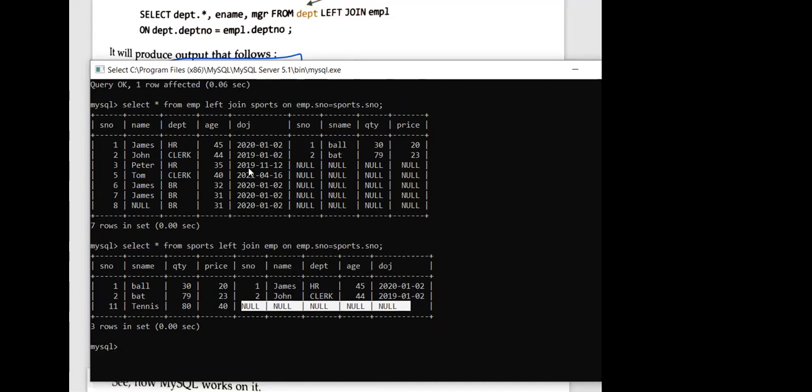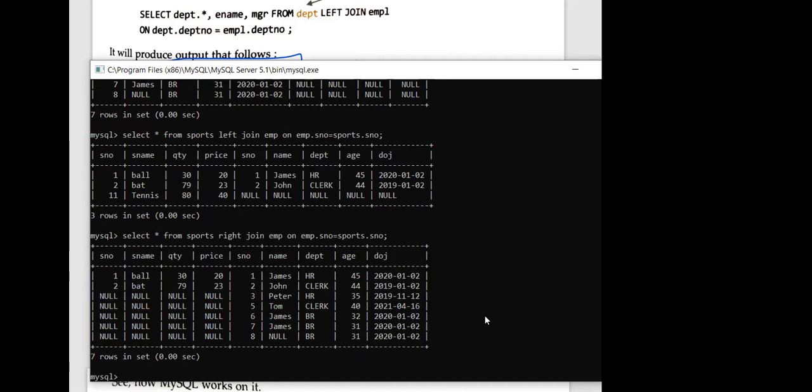Then vice versa of this we are having in the right join. Okay, in right join what we will be doing? You can see over here that instead of left join, I'll do right join. Anyone who can explain what will happen in this case? No idea. Chalo, I have executed. Now let me know what is the difference. See, I have used the same, but this time I have used right join. Now let me know what do you understand by this? Anyone who can explain that what we are doing in the right join?